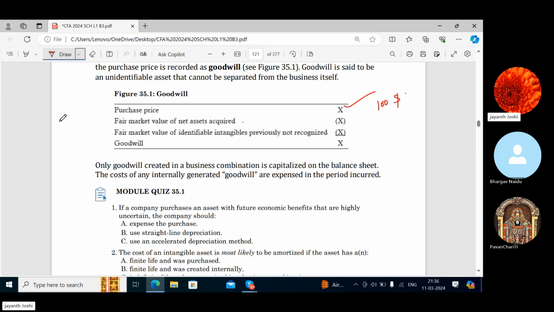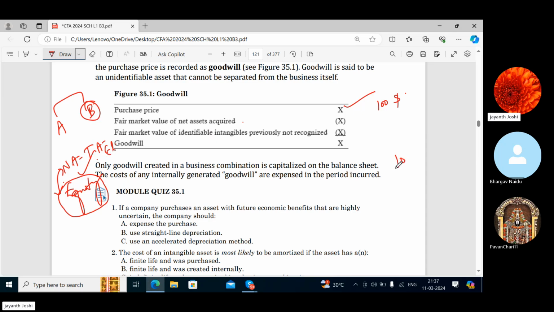the company, let's say A company wants to buy B company, and B company's fair market value of net assets acquired. Net assets is nothing but total of assets minus external liability. That is nothing but equity. So net asset is also called equity. So we are taking company B's equity, which is nothing but net asset. You already know you only own the company to the extent of the equity you have invested, because this equity has gone for the purpose of buying the assets for the company. Okay, and whatever you have bought by taking loans, it doesn't belong to you. What only belongs to you is your equity.